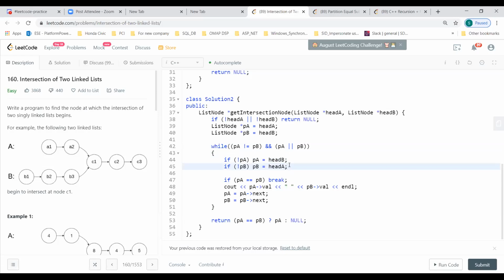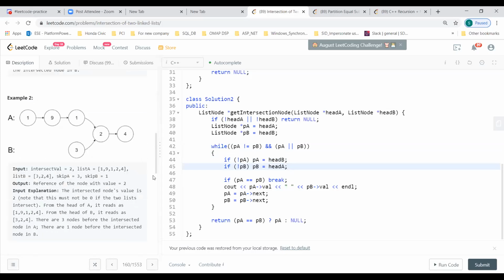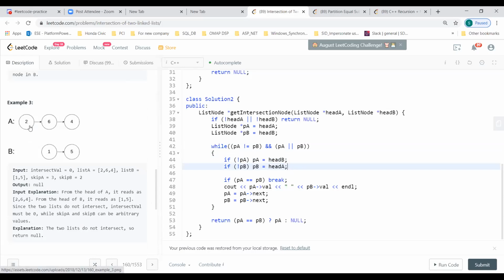What about the parallel case, where you are taking care of that? If you take any example of the parallel case here, what will happen? It will go from 2 to 4 and 1 to 5. Then this will go here and this will come here. At the end, both of them will go to null. In this case, it will come here and break because both of them are null. Can null be compared? If both values are null, they are going to be the same, right?